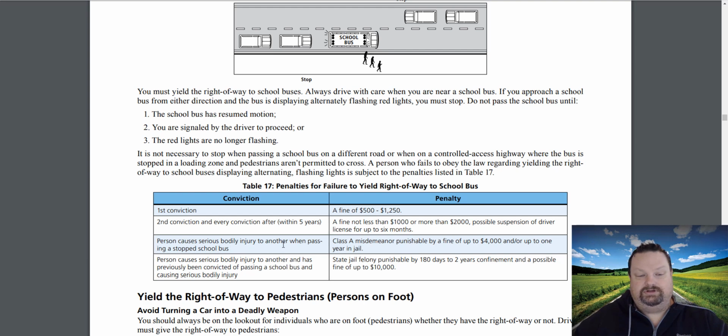A person causes bodily injury to another when passing a stopped school bus. It's a Class A misdemeanor, punishable by a fine of up to $4,000 and up to 1 year in jail. If a person causes serious bodily injury to another and has previously been convicted of passing a school bus and causing bodily injury, it is considered a felony, punishable by 180 days to 2 years confinement and a possible fine of up to